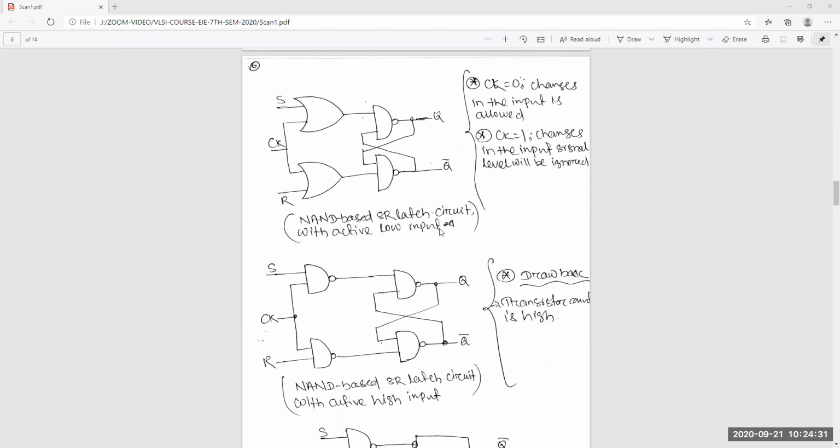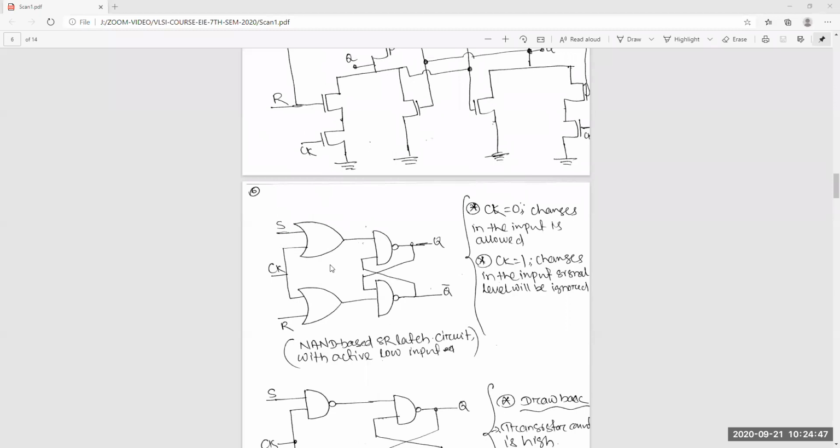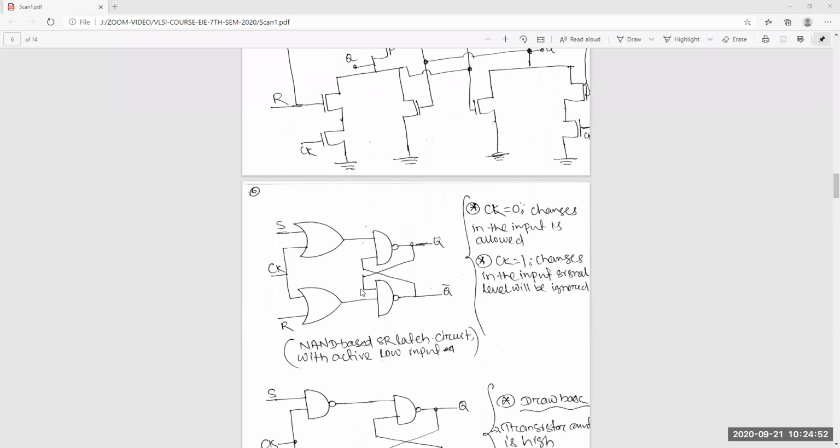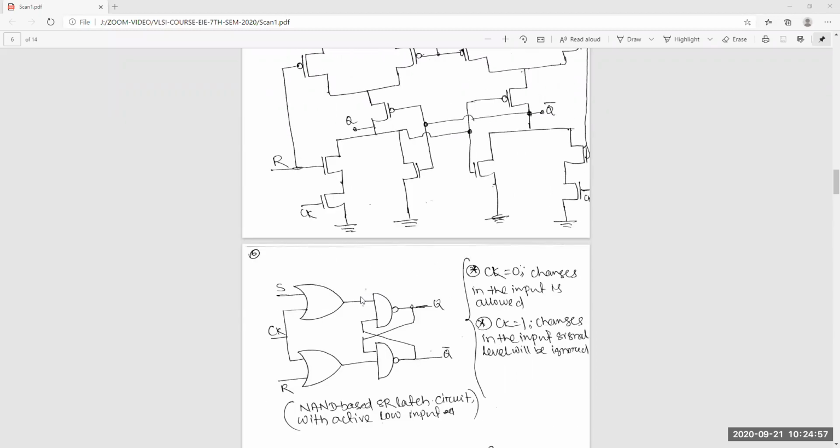That is one NOR and one inverter to invert that NOR value, so 6 transistors, and NAND will be 4, so 8. 8 plus 12 will be 20 in the first one, active low. For NOR it will be 4 and then one inverter to invert that NOR, so 6.